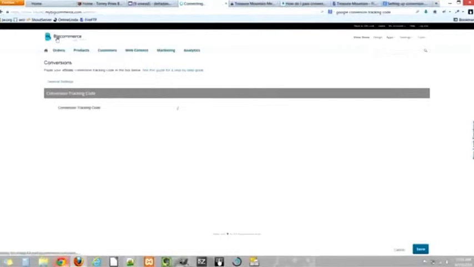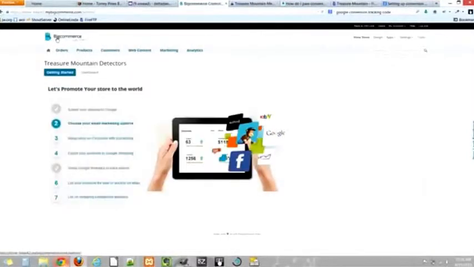Alright, this is just a brief tour of how to add some analytics code to your Bigcommerce website. Once you log in, you'll see your dashboard, and let's say we want to add some Google Analytics code. Well, Bigcommerce makes this pretty easy, and to do so you go to Apps, Analytics,